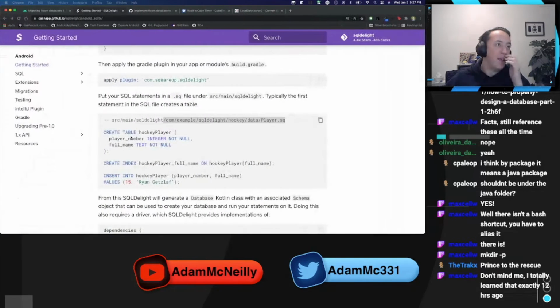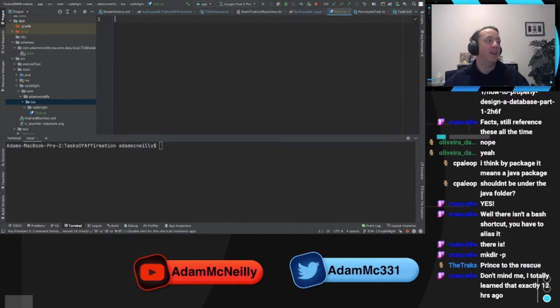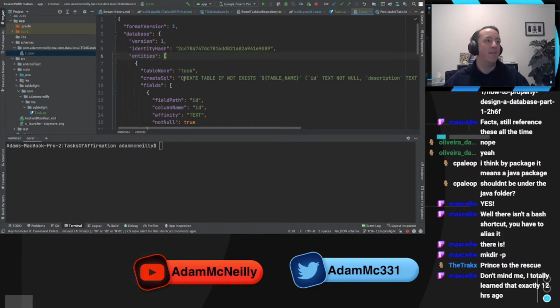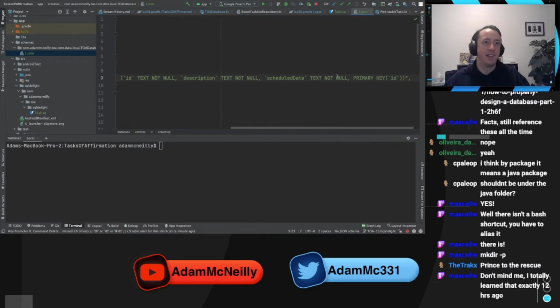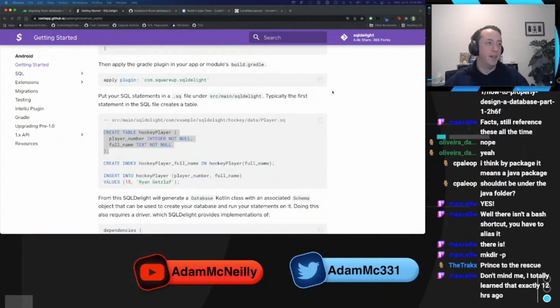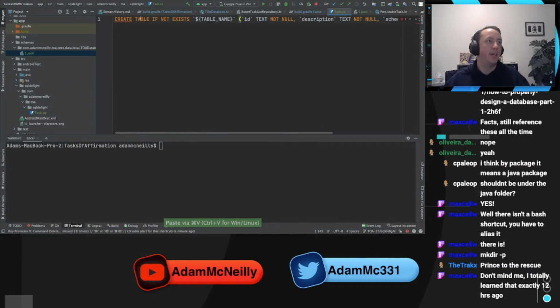Okay, so we've got this. We need the create table statement. So this was the hack we were talking about. If I go to my one.json file that Room generated, you can see that it has this create table JSON. So we're just going to copy this. But I realized that it's not going to be one-to-one because